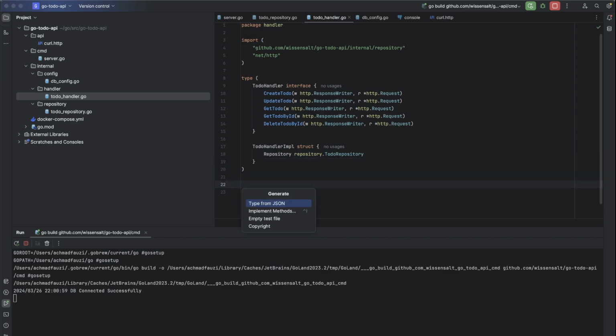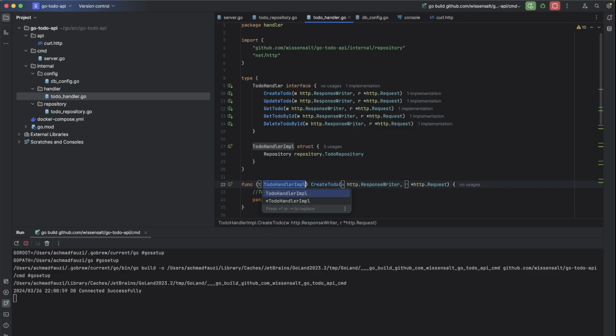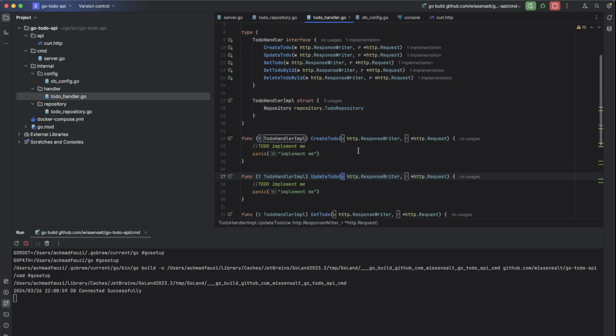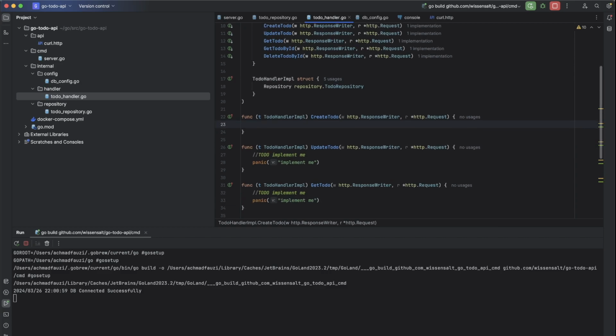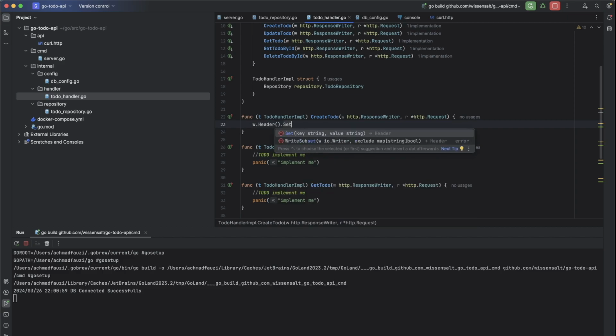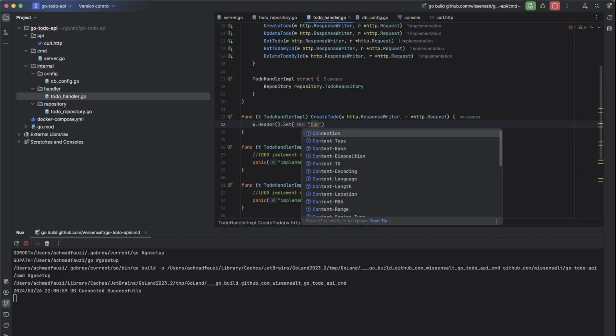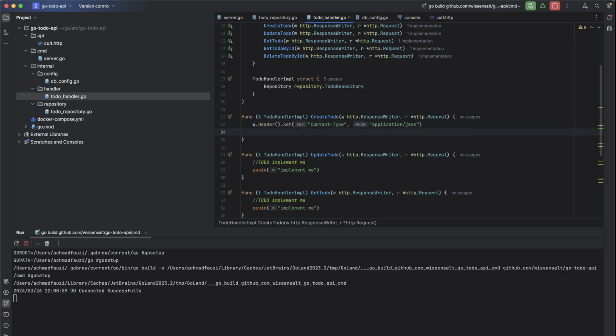Then let's implement this to do handler. Because we are going to respond everything as a JSON here, we will set the writer to set its header content type into application/json, and then we will parse the request body from the request.